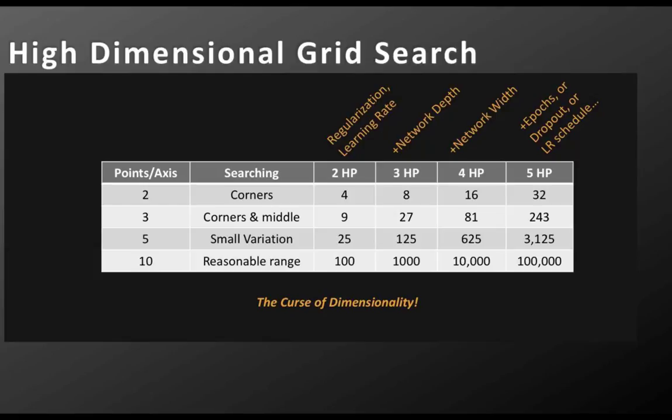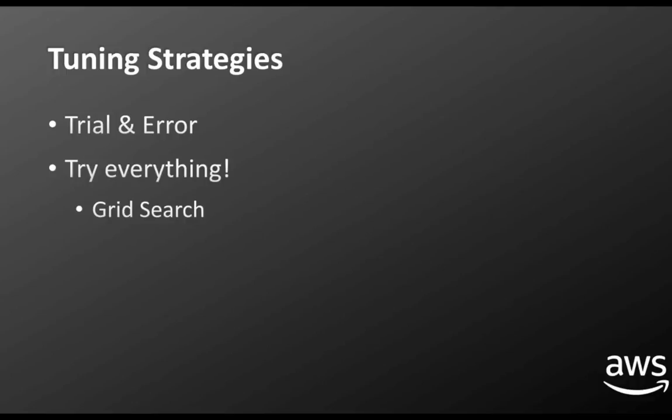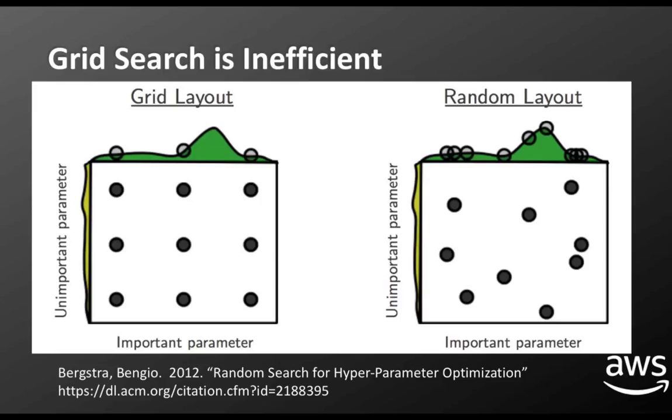So while grid search intuitively is a sensible strategy, and it can work for small problems, it turns out that random search is much better, which is to say just picking points randomly in the configuration space tends to outperform grid search. And I tell you this empirically, which means that's just kind of how it works in the real world. And the intuition for this is given from a classic paper by Bergstra and Bengio in 2012 on random